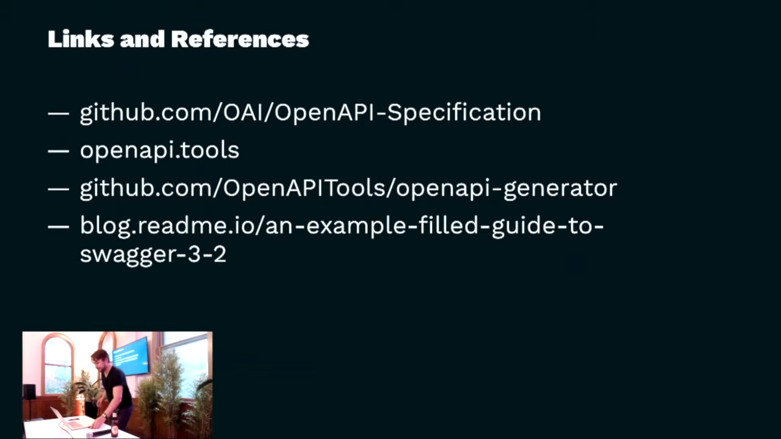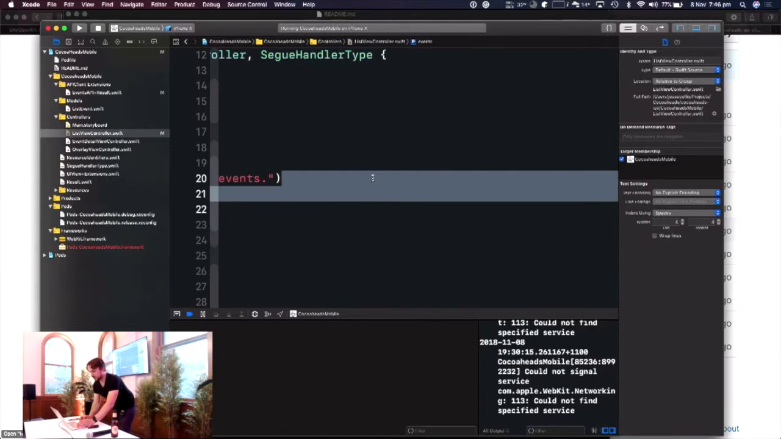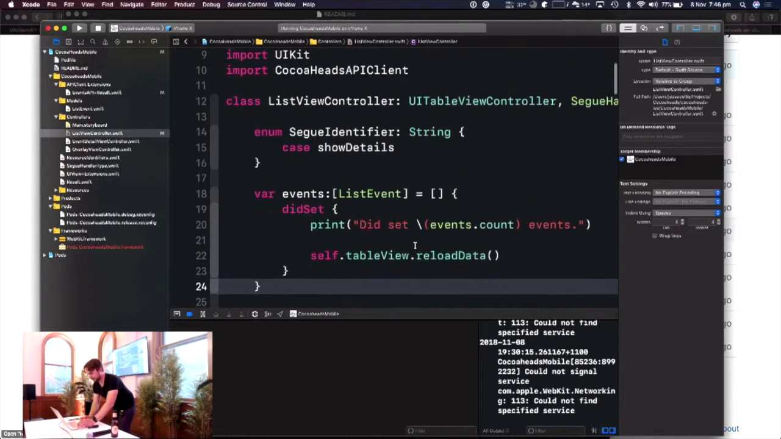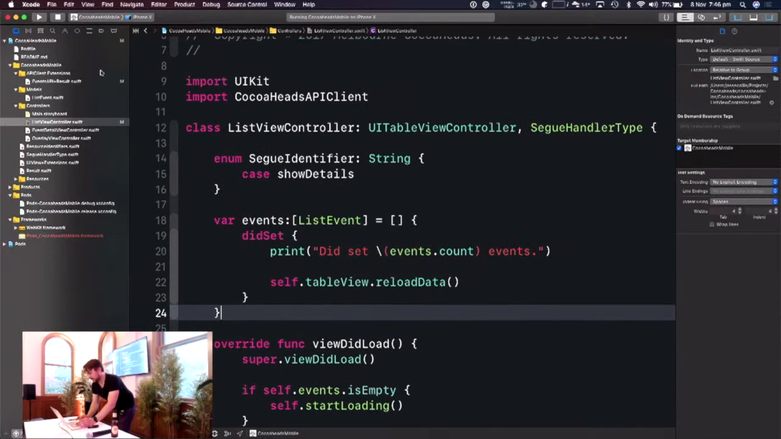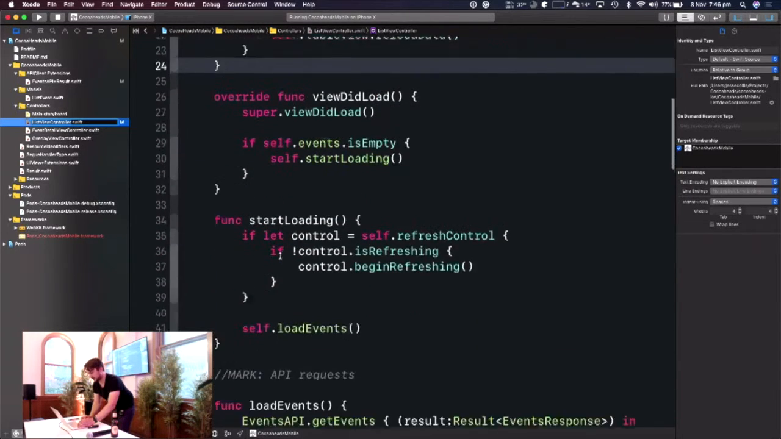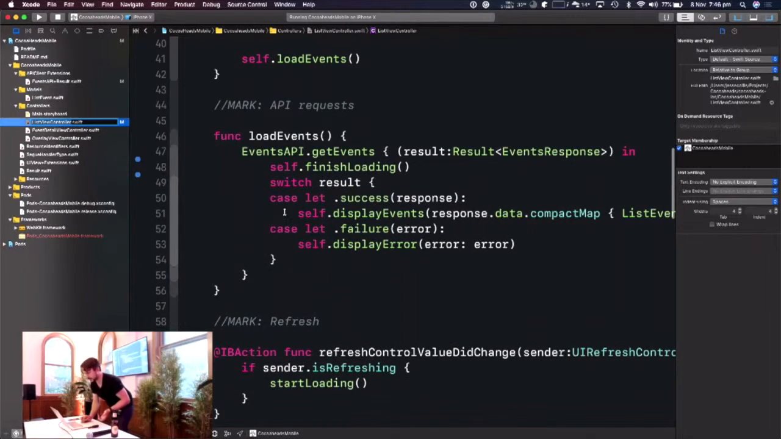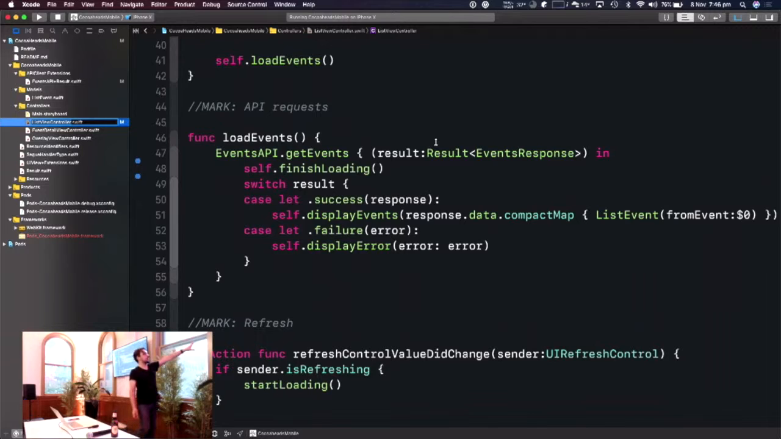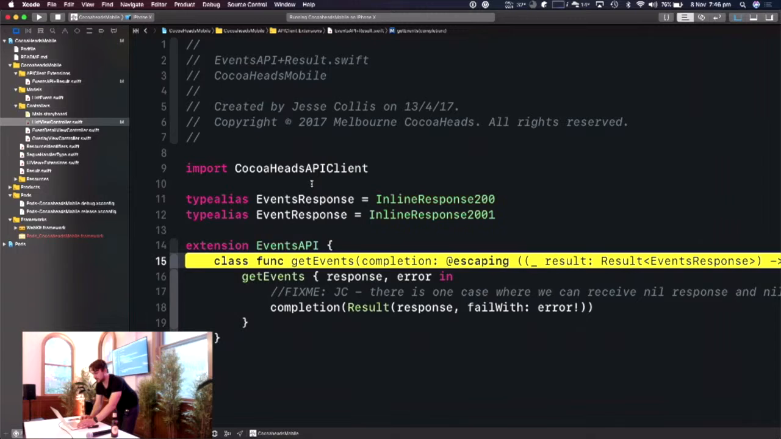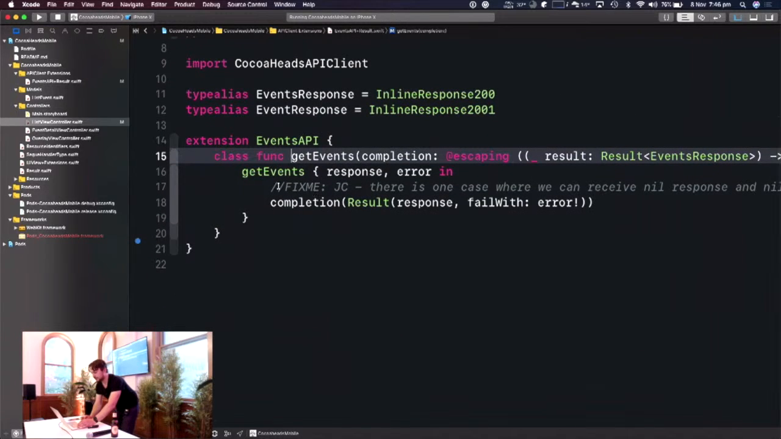Before I go into my extra content, I will just show you a couple of the models. So I've turned my Xcode up big, and my very simple app has one view controller, or two, one main one, and inside, this is that loadEvents method. This is loadEvents just here that I showed in that slide, and it calls into the getEvents method that I've extended, and that calls into getEvents on the